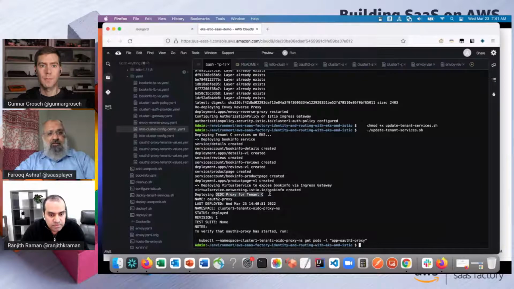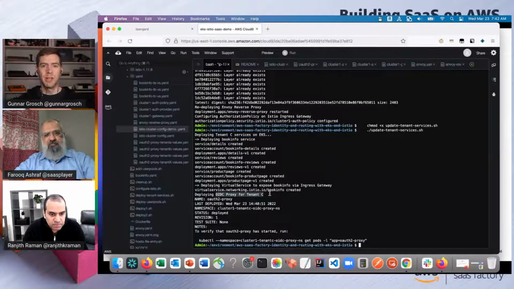So yeah, that basically onboards a tenant, and this process can be automated via, let's say, an admin portal that can trigger this process, or this could be part of a CI/CD pipeline, which can be triggered when a tenant is onboarded by the administrator. So there are many ways of going about this. The process is very simple. We've done shell scripts here and a couple of Python scripts, but this can be done with any language or platform of choice.